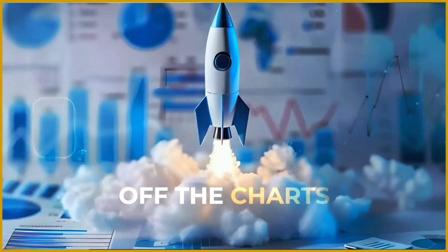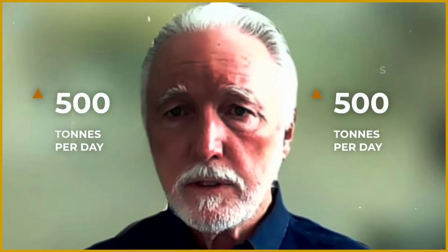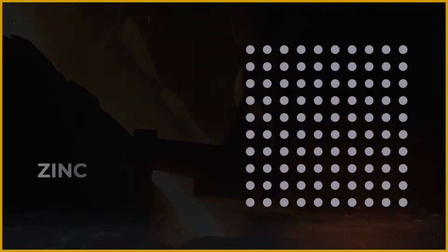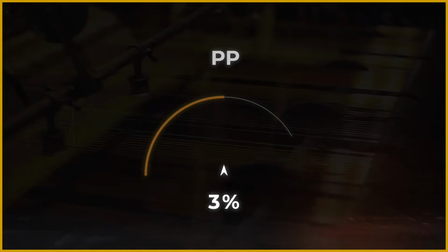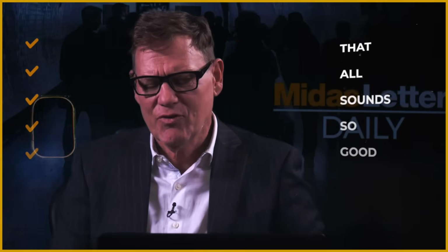My God, it's off the charts at surface. Mine 500 tons a day, we process 500 tons a day, but this project's gonna throw off a lot of cash, in the millions, in the multi-millions of dollars, running 45% zinc, 0.7 ounces per ton gold, 5% copper, 460 grams of silver. It all sounds so good. What keeps you awake at night? Where's the fly in the ointment? Well,